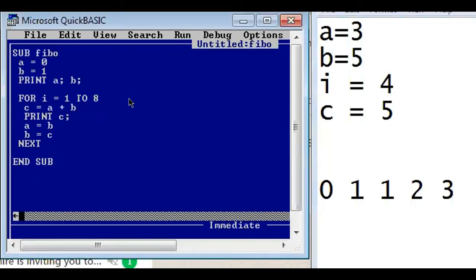Next will again take us to step. I will increase by 1. I becomes 5. It is a valid value. Let's go down. C equals A plus B. So A plus B means 3 plus 5 will get added and will get stored in C. So 3 plus 5 is 8. Print C. Print C means 8 will get